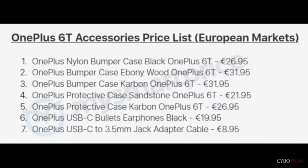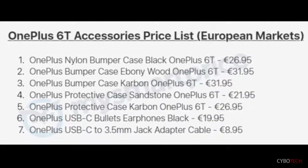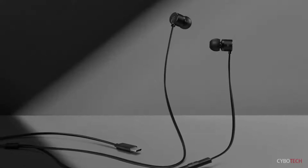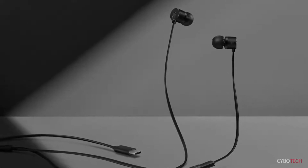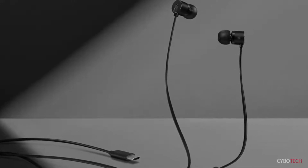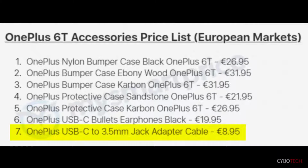The OnePlus 6T Android flagship will be launching alongside 7 accessories, according to a new report that also reveals their prices. The gadgets in question consist of 5 cases, the new USB-C Bullets earphones that the Chinese manufacturer already announced earlier this month, and a USB-C to 3.5mm headphone jack adapter that will be sold at 8.95 euros, though one such cable will also be bundled with every unit